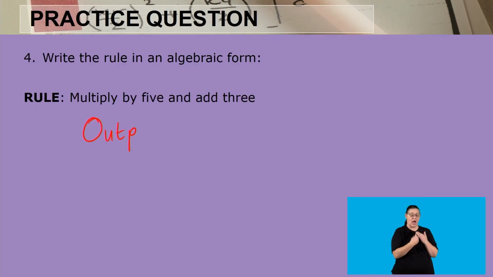So since we are working with functions and relationships, we know that we are going to be working with the input value and the output value. So for us to get that output value, we are going to multiply the input value by 3, as we have been given as our rule. So we are going to multiply the input value by 3, and then we are going to add a 3. Sorry, we are multiplying the input value by 5 actually, and not by 3. So we're multiplying the input value by 5 and we are adding 3, and this will all result in giving